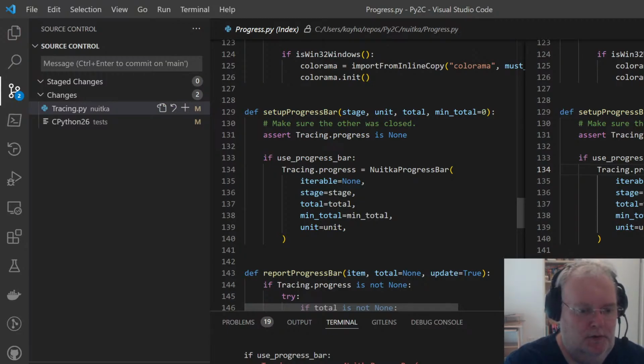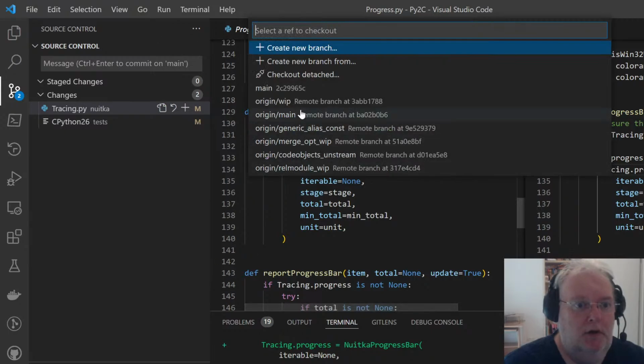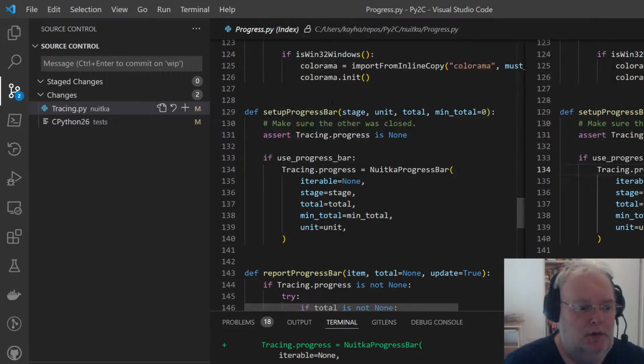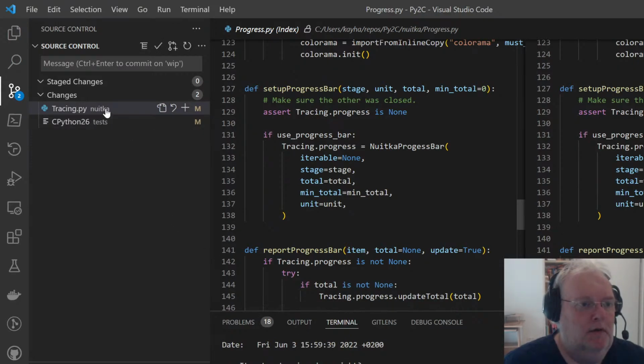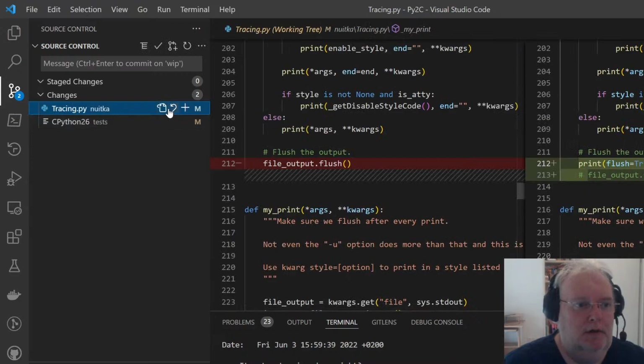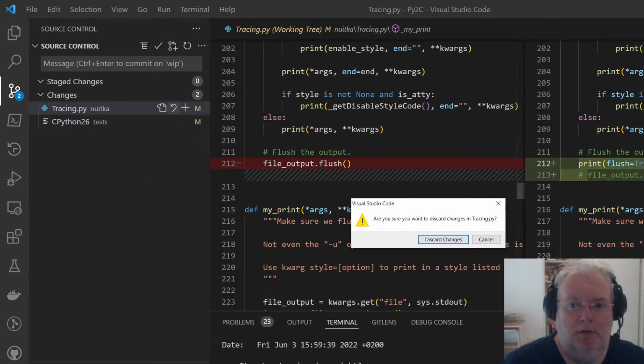Git branch minus d wip. Okay, then I can just switch here, right? Set up wip. So, yeah, throw away this one. I was just checking if print flushing is any better than file system flushing.